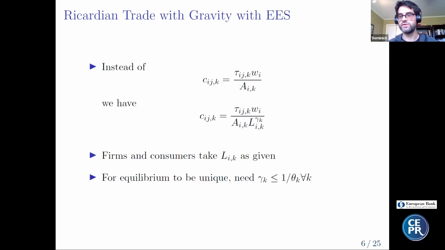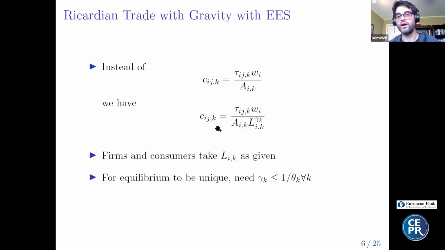So this is a standard setting. You can get it from an Armington model with multiple sectors, or an Eaton-Kortum model with multiple sectors. And in the vanilla Armington or Eaton-Kortum framework, this cost function is just going to be this guy here, right? The wage, productivity, which is exogenous, and an exogenous bilateral shifter, the tau. Instead of that, we're going to introduce this very small innovation here.